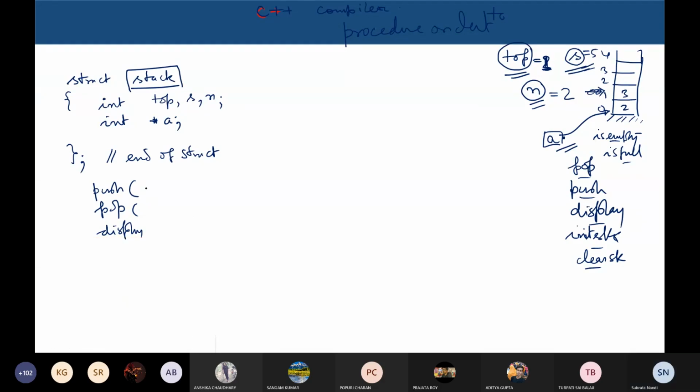What should they accept? Push will accept what? So one integer. What else? And the struct stack pointer, not the top pointer. What else will it require? Because you see, what is a stack? So we have encapsulated, or grouped them all together in this structure, right? So in the main, if I declare stack,